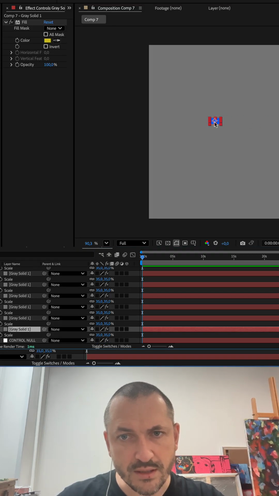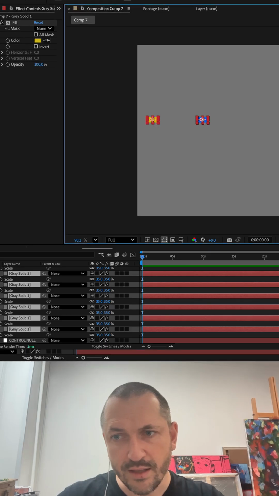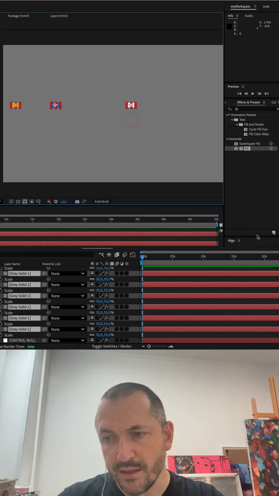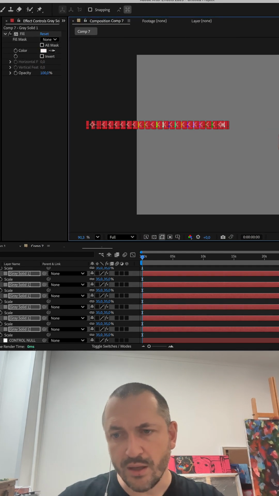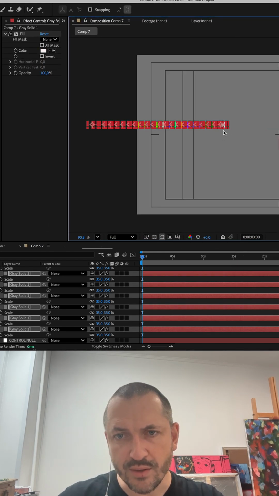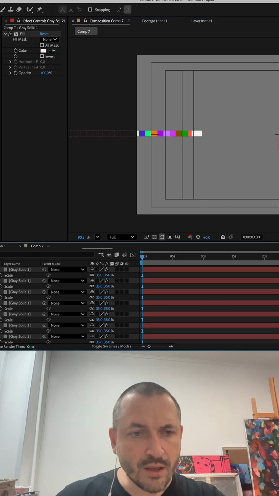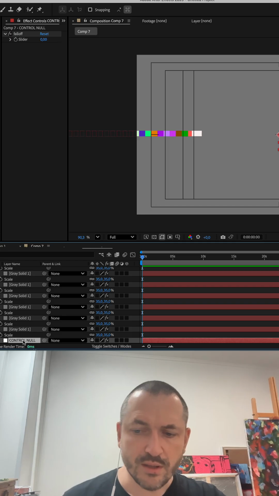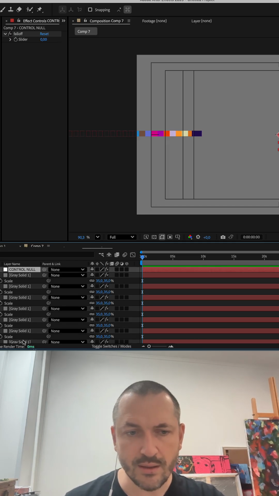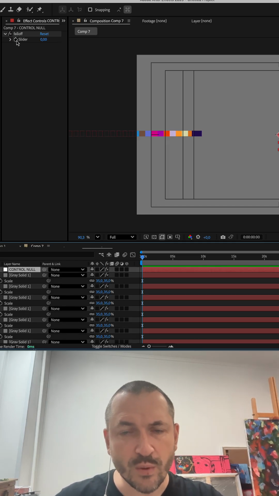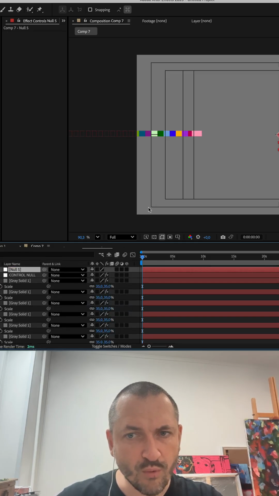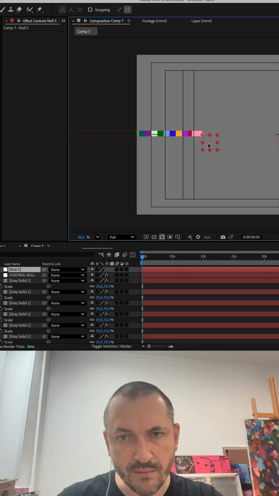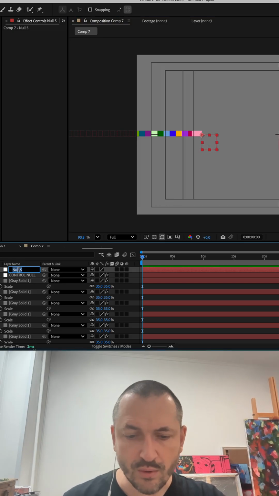This element is first, this element is last, and then we will use Align to distribute the layers. Bam. Yes, it will be somewhere in the center, in the middle, and going from here. We have the null object. Let's move it up. And we have falloff. And I will also add a new null, which will move everybody. It's called driver.